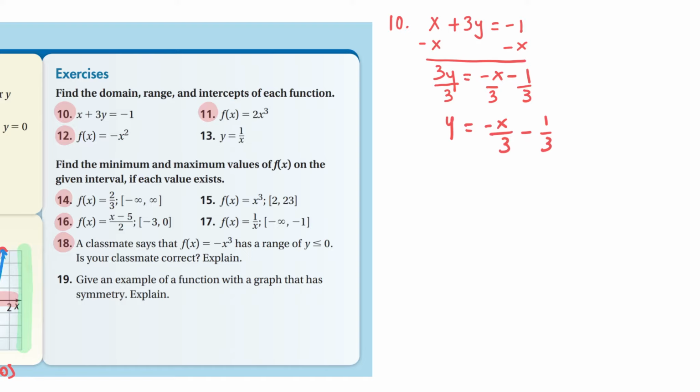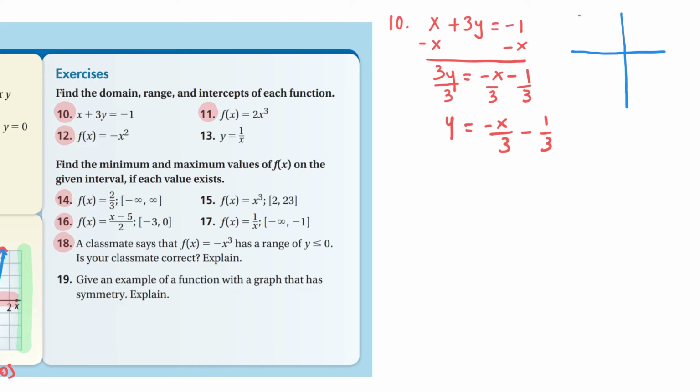So in order for you to graph this, you have to solve for y. You subtract the x from both sides, and then you have to divide by 3. What I'm going to do now is pause it, and then I will come back and we will graph this, and we'll look at the graph for the intercepts, and we're also going to find the domain and range. I'm going to sketch this,